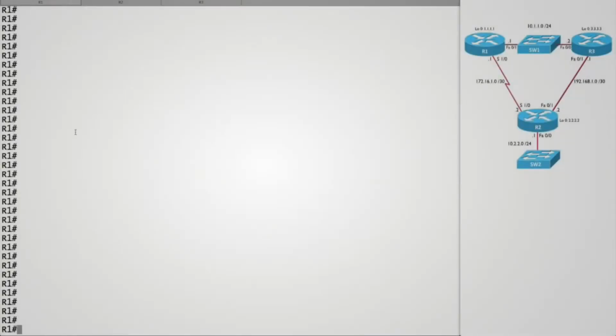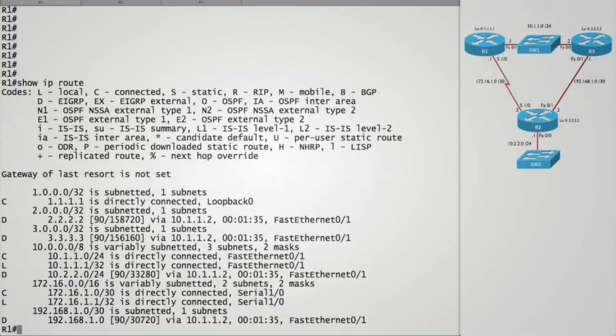In this video, we want to take a look at some commands we can use when we're trying to verify an EIGRP configuration or troubleshoot EIGRP. Whether we're dealing with EIGRP or some other IP routing protocol, one of our most useful commands is show ip route. This is going to show us the contents of the router's IP routing table,